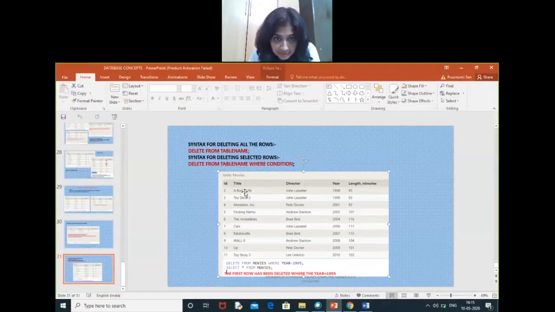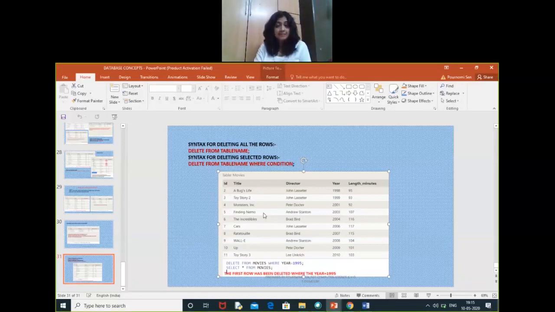So this is the table, and we are giving the query as delete from movies where year equals to 1995, and then we are doing select star from movies. When we display it, as you can see, the first line where the year of the movie was 1995 has been deleted. So this is how the delete clause will work in a particular SQL query.